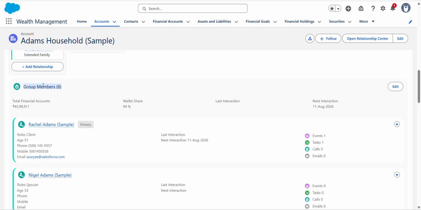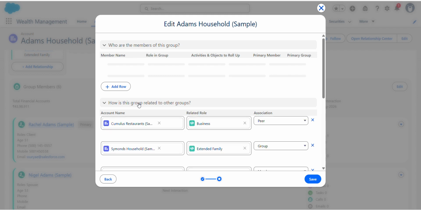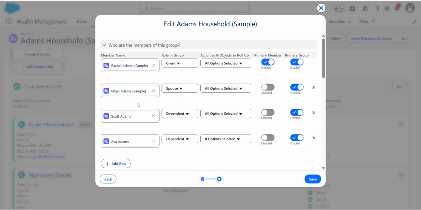Here you can see the group members section. To make changes to roll-ups, you can change the selection of activities and objects rolled up directly from the group member card. Click on edit, change Scott Adam's rollups, and remove the financial account.